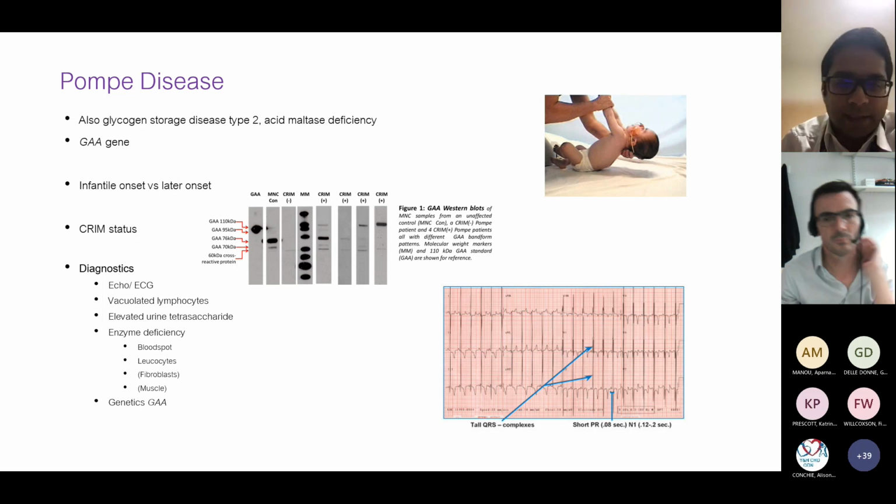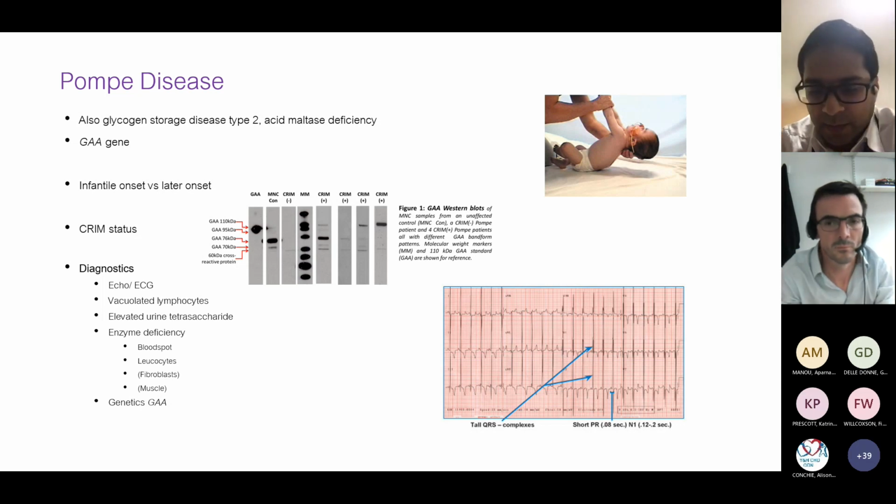So Pompe disease is classed both within the glycogen storage disorders, but also in the lysosomal disorders, because it's the lysosomal enzyme breaking down glycogen in the lysosomes that's deficient. And there's infantile onset and later onset, and this kind of cardiac picture is obviously more common in the infantile onset. It's worth knowing